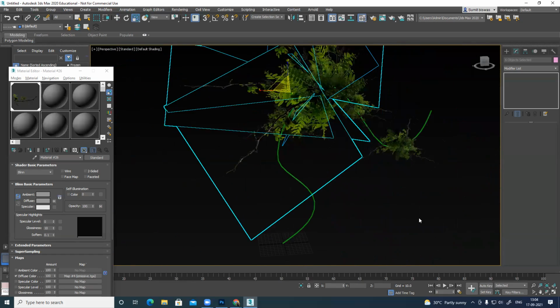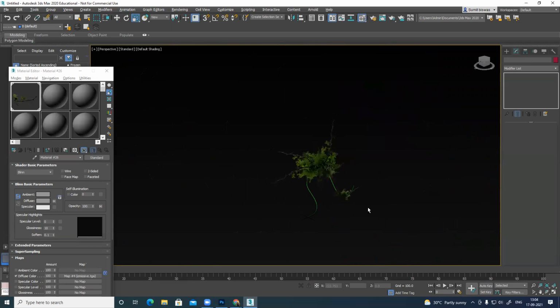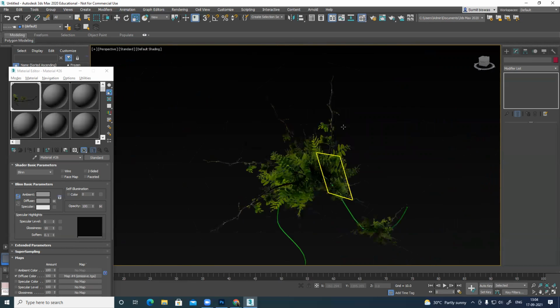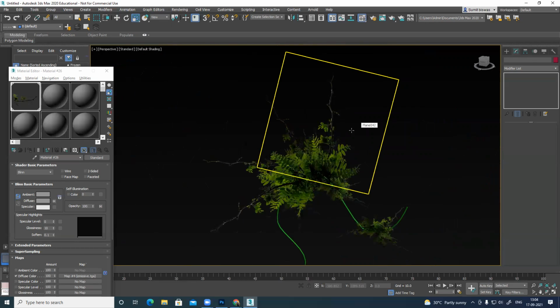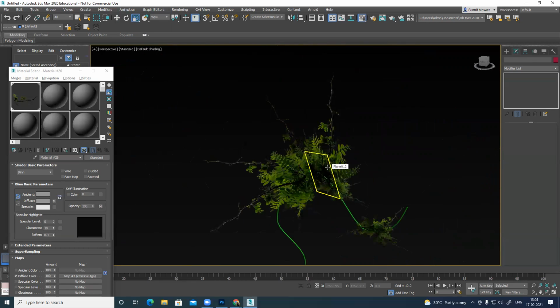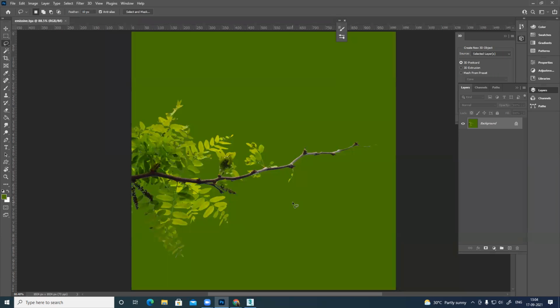So same plane, same leaf, but multiple sizes and duplicate multiple times. So it will give you variation, because this has a distinct branch, so you can see the repetition. So usually we create something generic where you cannot see repetition. So suppose only this green leaf is there, this thing is not there. So you won't be able to identify this very easily.